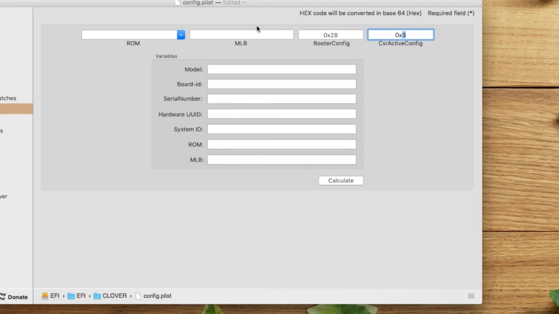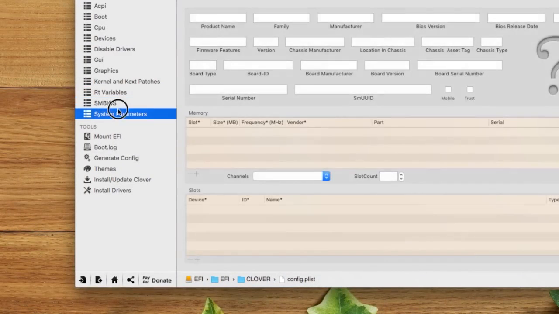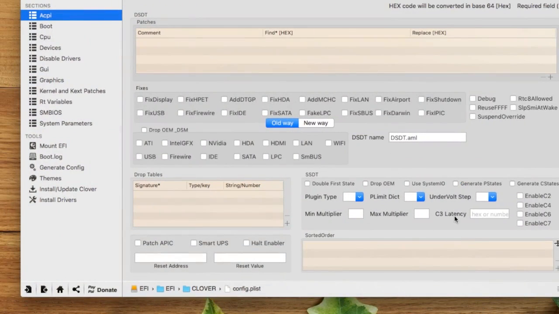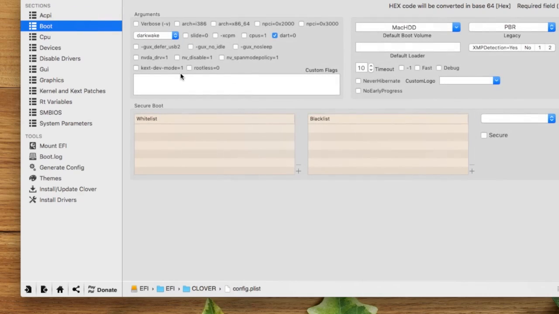So now we go to SMBIOS, and here we come to ACPI. If you are having an error for your multiplier or the speed steps, you can add them here before you start your installer. Generate P states, C states. This will improve the performance specifically for X99 chipset. I have tried it. It helps a lot. For those who are on X99 chipset, it is recommended that you use